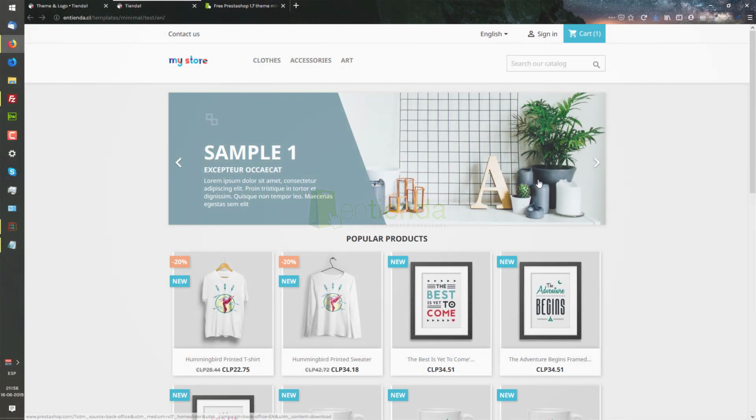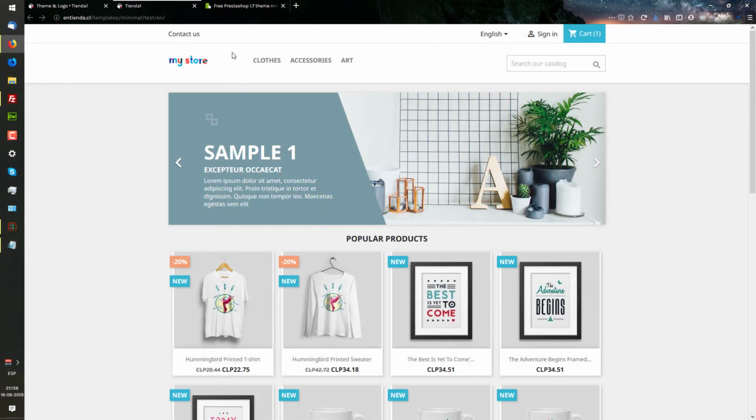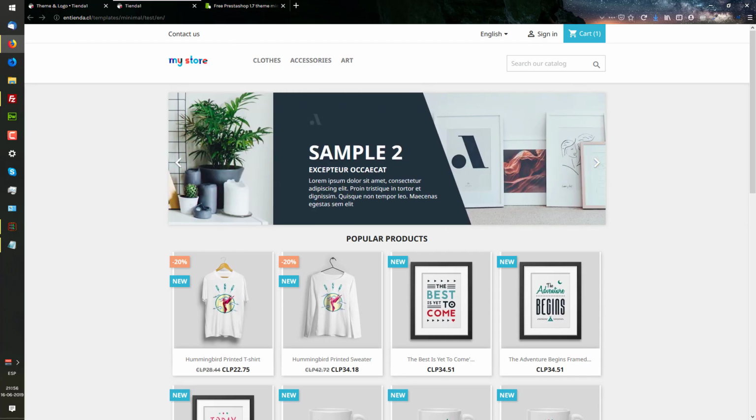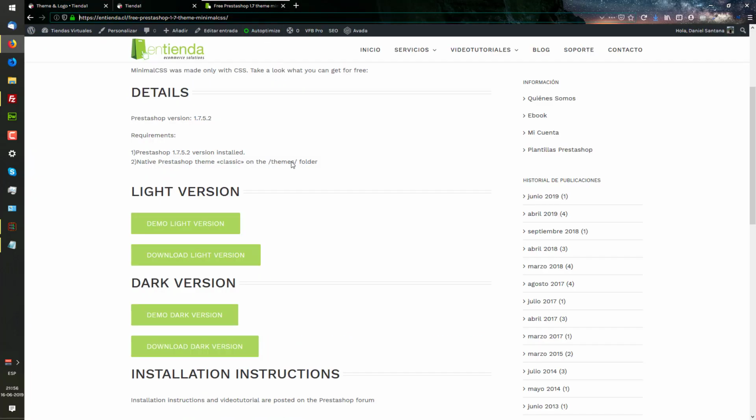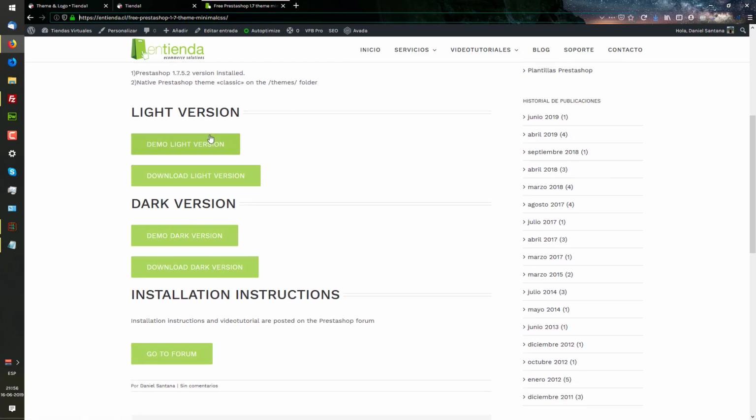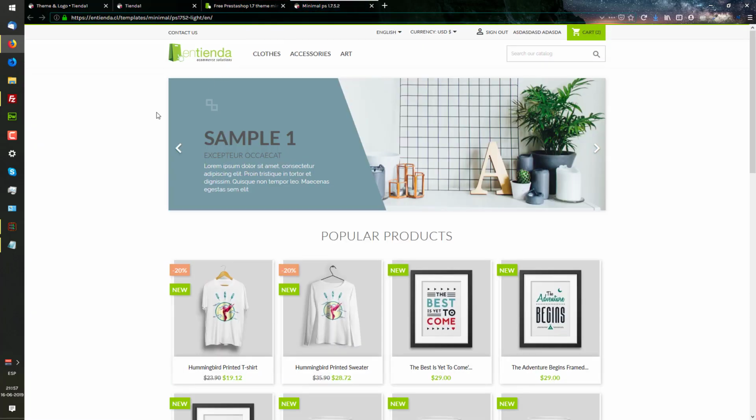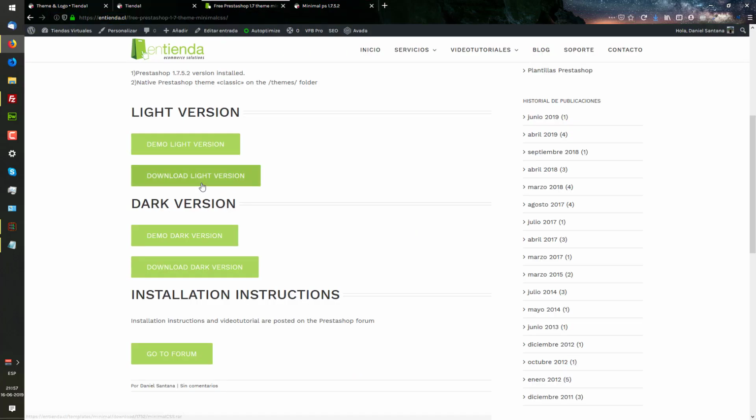Hey guys, I'm going to show you how to install a minimal template for Prestashop 1.7. So the first step is to, of course, download the template. You can download it in the link that you can see in the description of the video, and choose your version. I'm going to install the light version, which is this. So I click download,